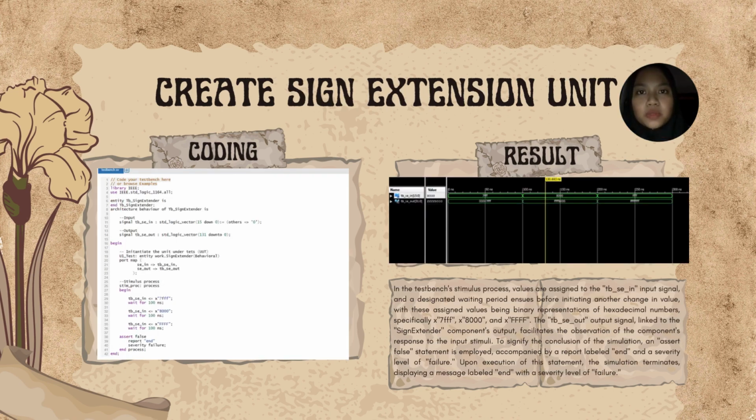In the test bench stimulus process, the values are assigned to the TB_SE_in input signal, and a designated waiting period ensues before initiating another change in value, with these assigned values being binary representation of hexadecimal numbers, specifically 7FFF and 800 and FFFF, and the TB_SE_out output signal linked to the sign extender component output facilitates the observation of the component's response to the input